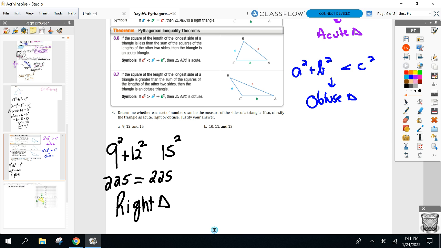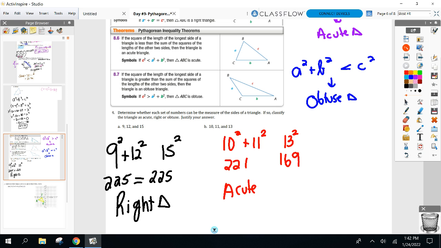All right, well, this next one's not going to be a right triangle, but what if I have sides 10, 11, 13? 10 squared plus 11 squared, how does it compare to 13 squared? How's this one look? 221 for the a squared plus b squared side, 169 for the hypotenuse side. So if the a squared plus b squared side is bigger, this would be a